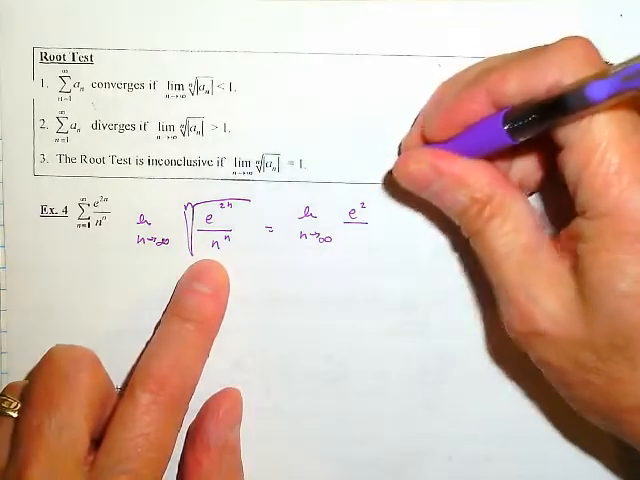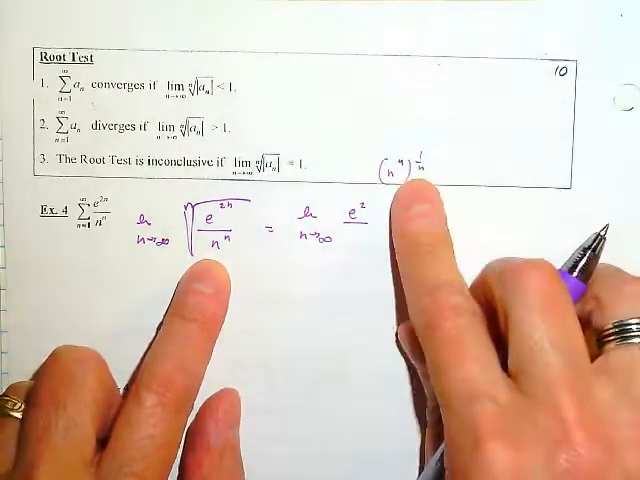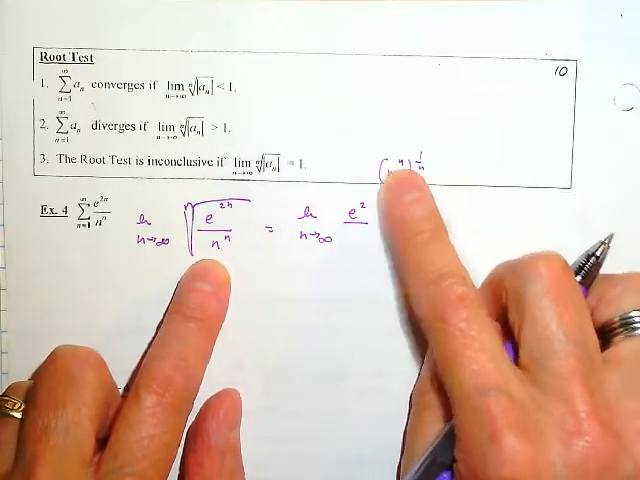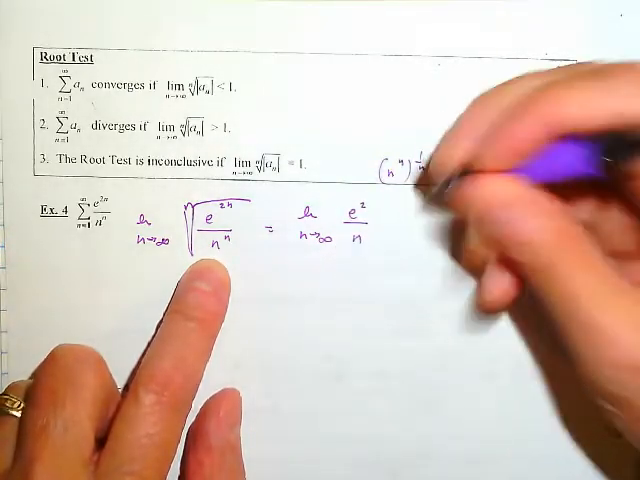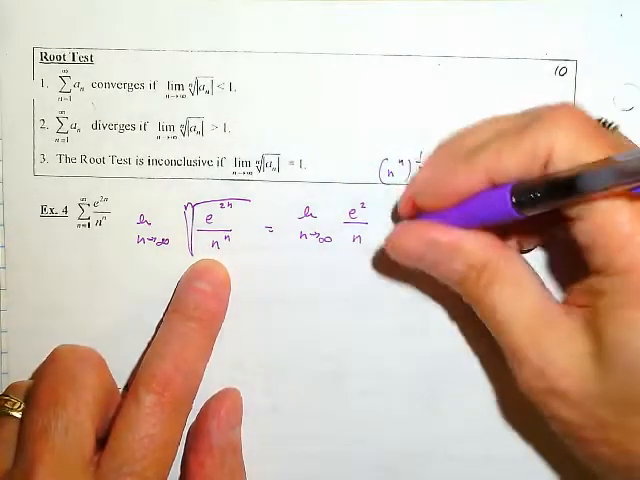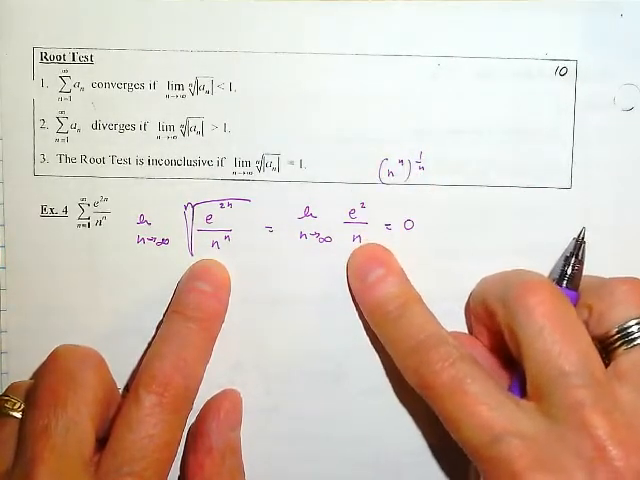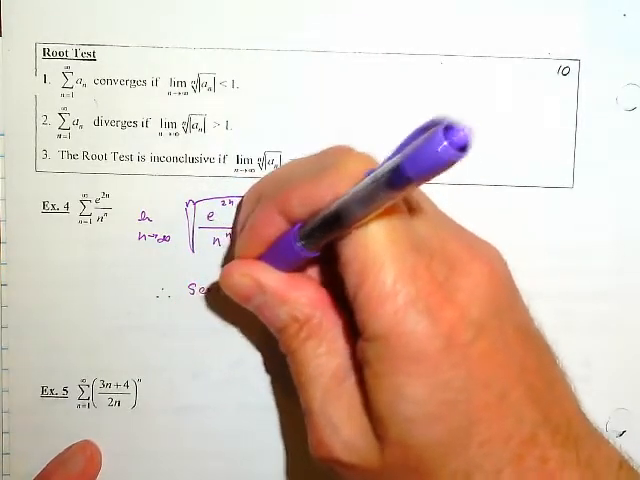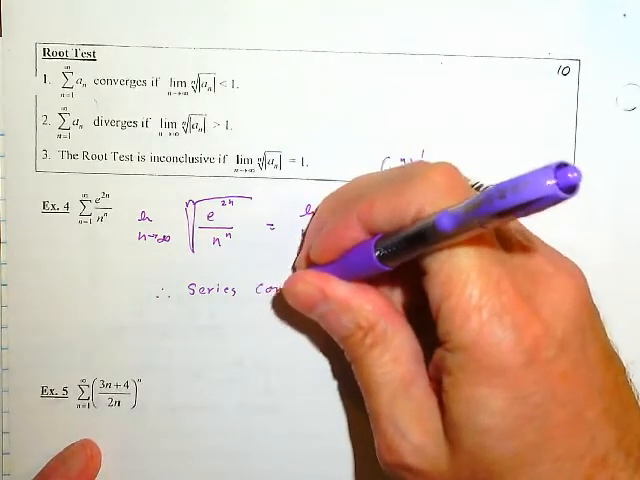We're saying n to the n to the 1 over n power, right? When you have a power of a power, you multiply the powers, so the n and that n cancel out. All we have is n. e squared over n as n approaches infinity equals 0. e squared divided by a giant number is equal to 0. Therefore, our series is going to converge